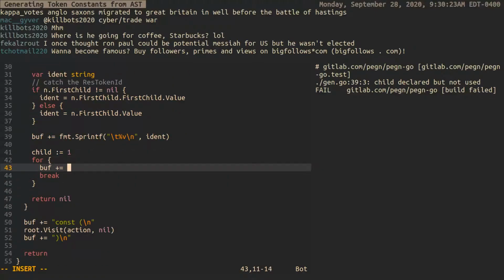The buff equals, and for now I don't care, so I'm just going to do... I'll say what? Actually, I don't even need to do that. I could say while it's the current child. So let's see here. So sprintf, the next one would be n dot